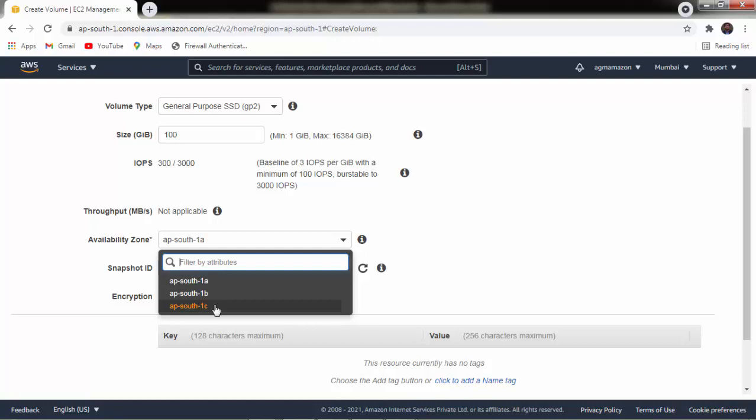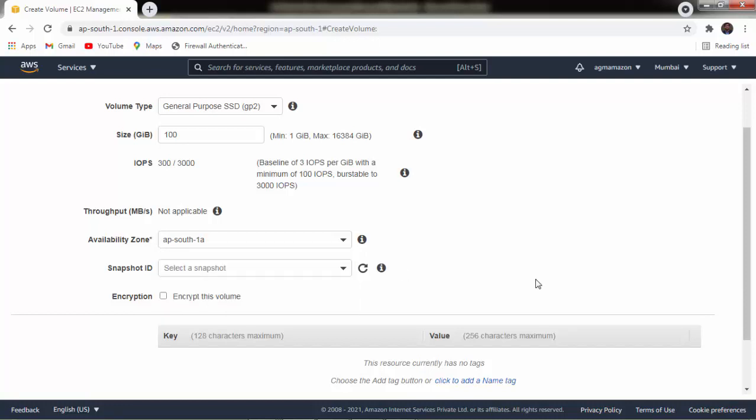If you want to create your EBS volume in AP South 1A, then you can select 1A, otherwise you can select 1B as well as 1C. One thing you need to note here is that your EBS volume will be created in a specific availability zone only, and for that we have to select the availability zone.